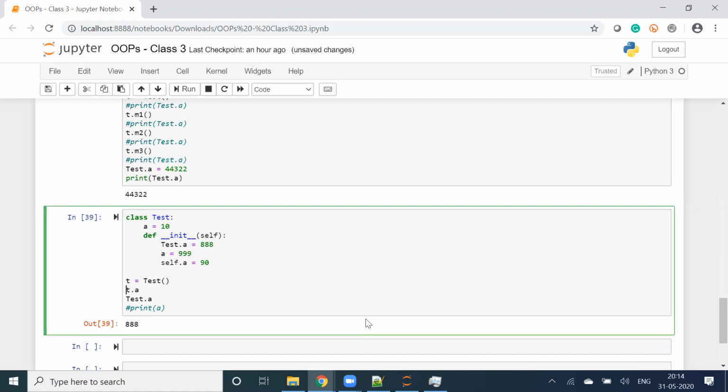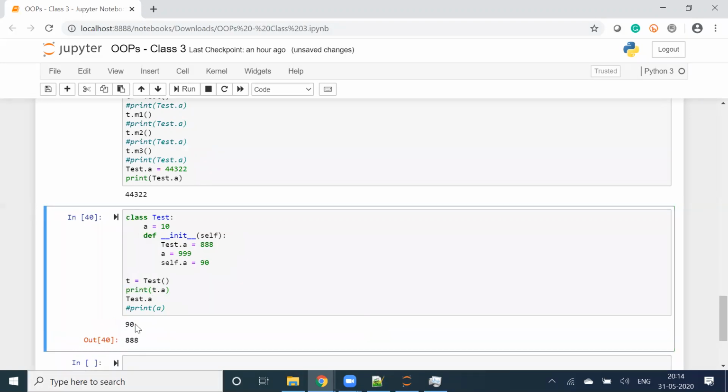Let me make this print. 90 and 888. Makes sense, because 90 is coming from t dot a, which is my instance variable. Test dot a gives me this value because I updated the existing static variable to 888.